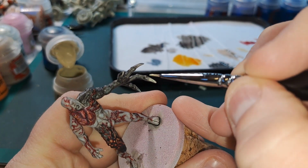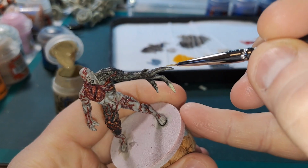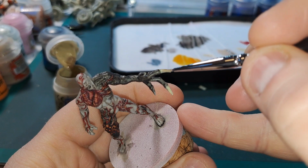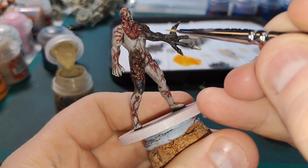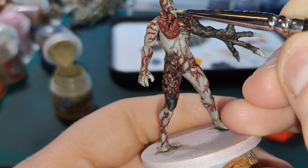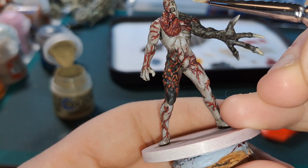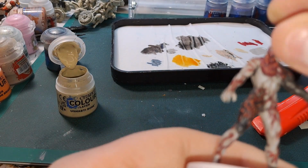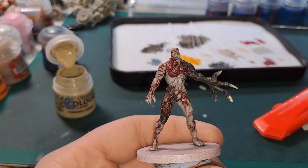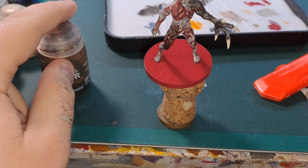So always thin your paints down, and then you probably need 2 coats. That's that, and then his teeth, like so. Okay, done all the way back. Okay, so that's that dry on there. Next step is